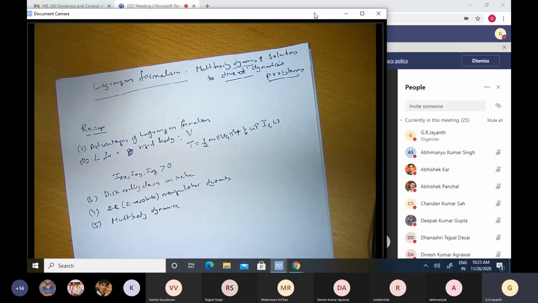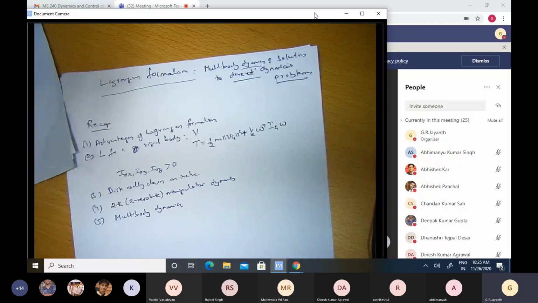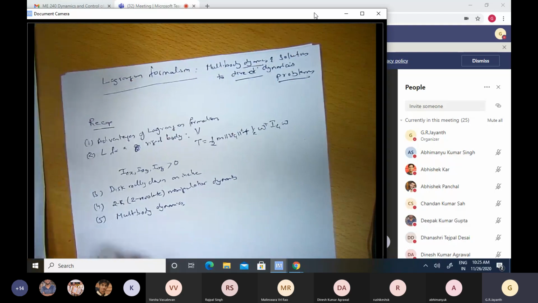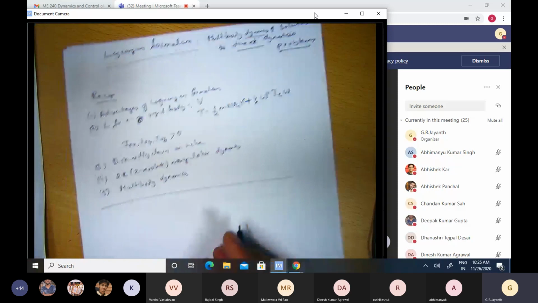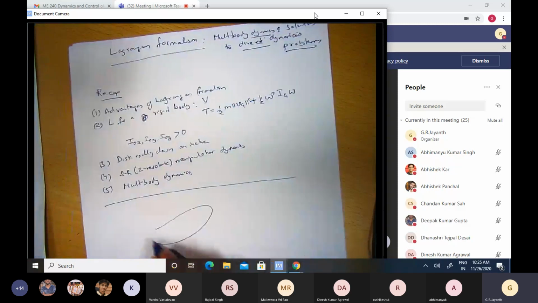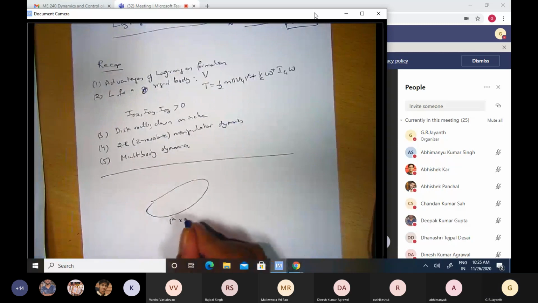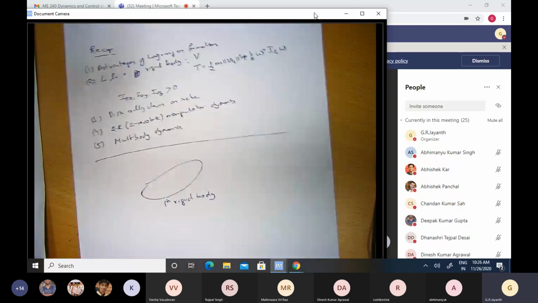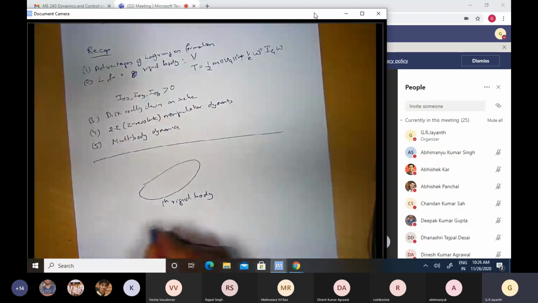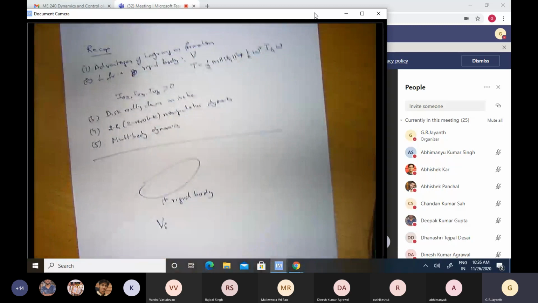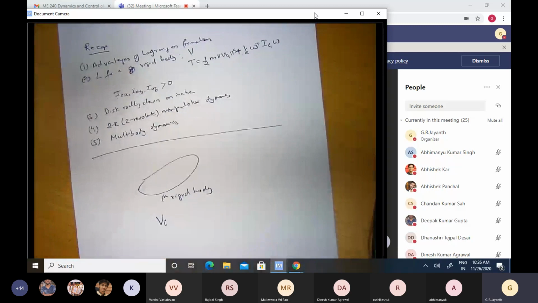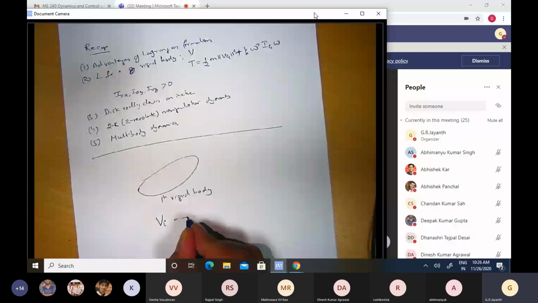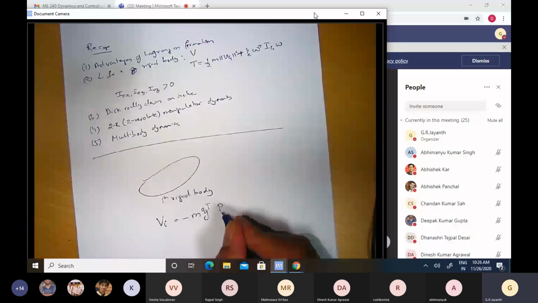Okay, so along the way, when we were discussing multi-body dynamics, we considered a general ith rigid body, and we wrote down the expressions for potential energy and kinetic energy. So the potential energy expression, which I represent as V subscript i, was equal to minus m g represented in the 0th coordinate transpose times P i, the center of mass location of the ith rigid body.